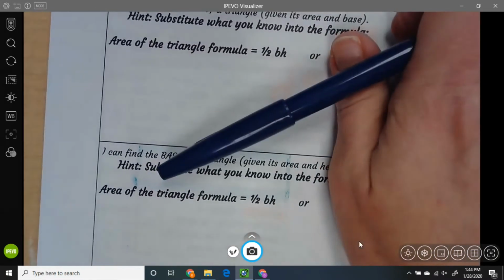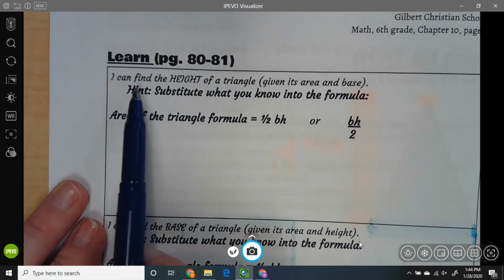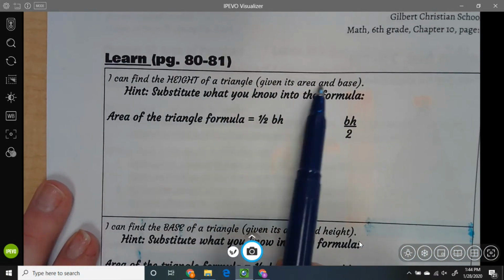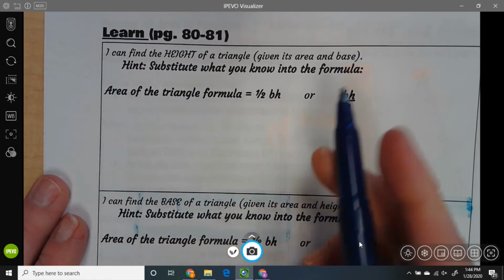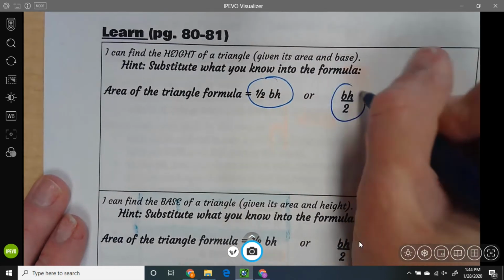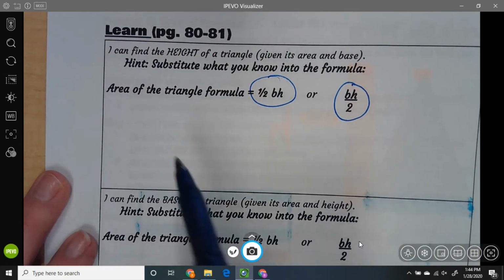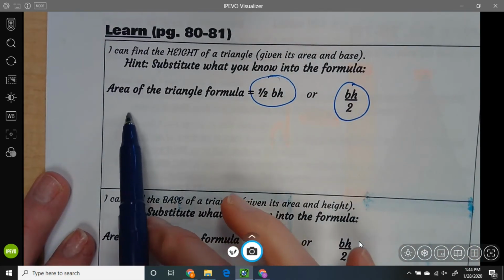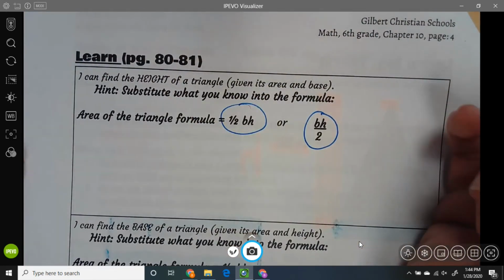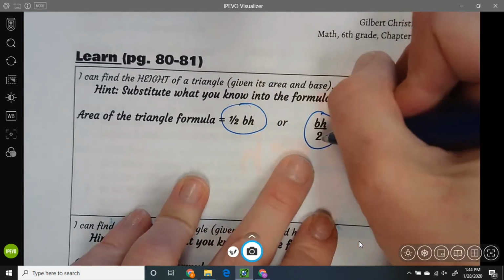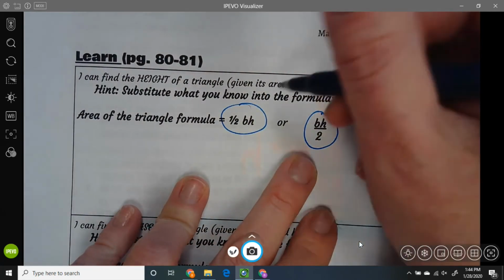Okay, and the next one is to find the height of a triangle given its area and base. So really all you're going to do is know that you have the area of a triangle formula. In this instance, they'll be giving you the area, and then you have to find one of the other variables. So regardless of what they have, if you write down your formula, and then you substitute in what you know,